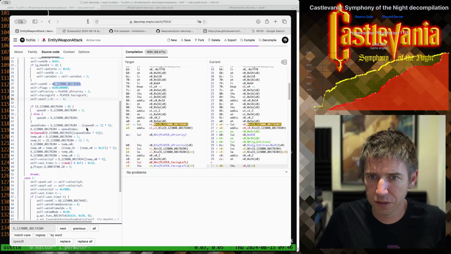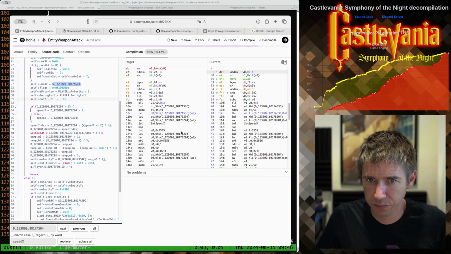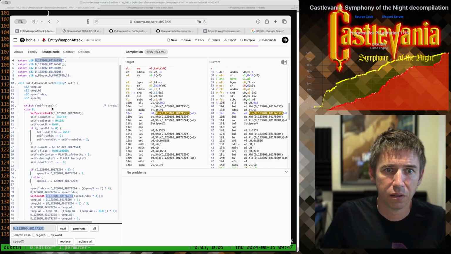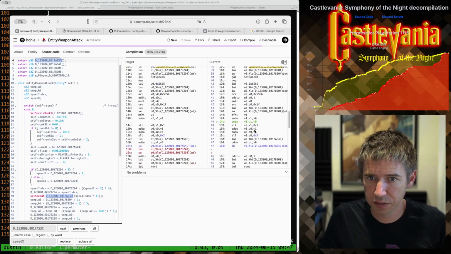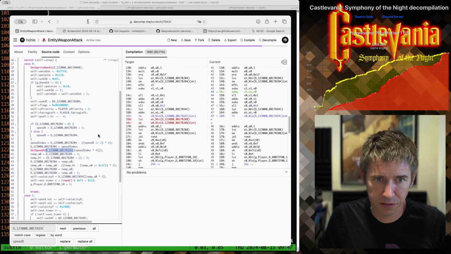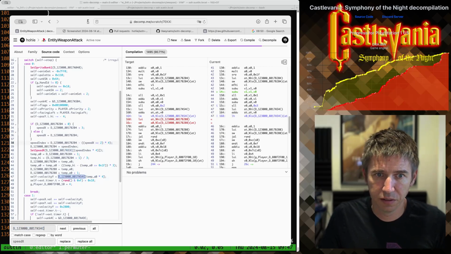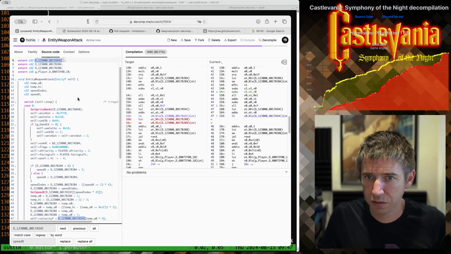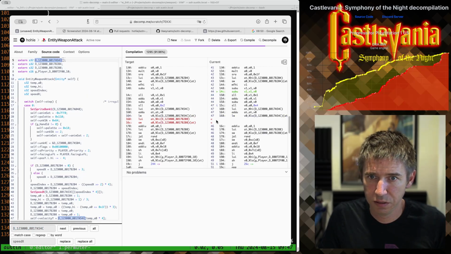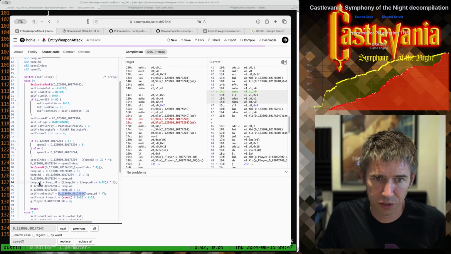Okay, down here we're still out of order. Here we're loading a 16-bit value when we should be loading a 32-bit value. So we can change this to assign 32. That fixes a bunch. Line 47. Here we are doing the same thing. That fixes some. Line 44, subtraction is happening